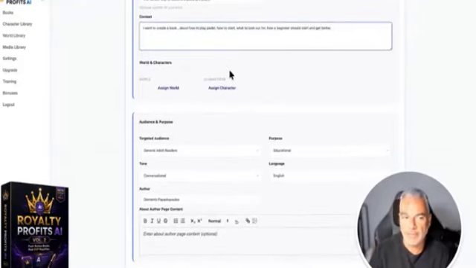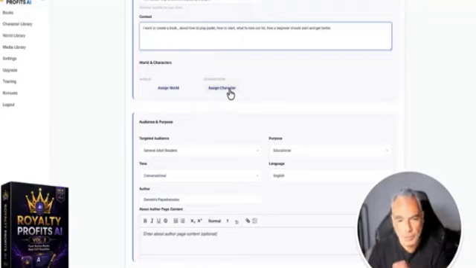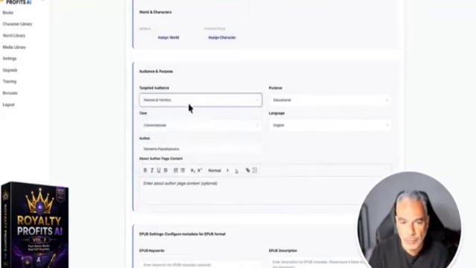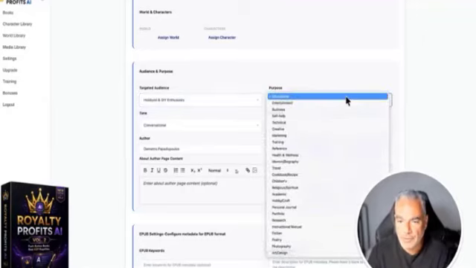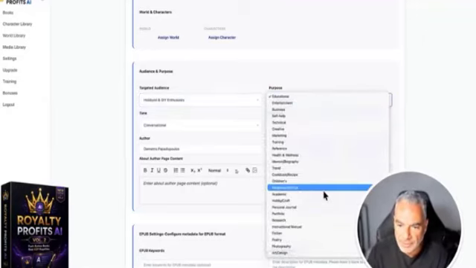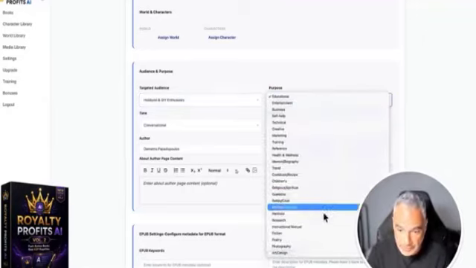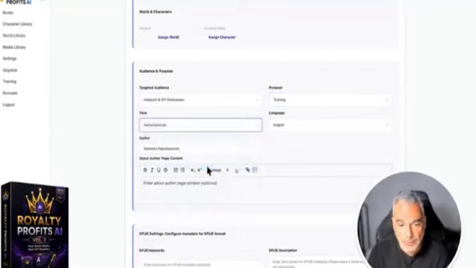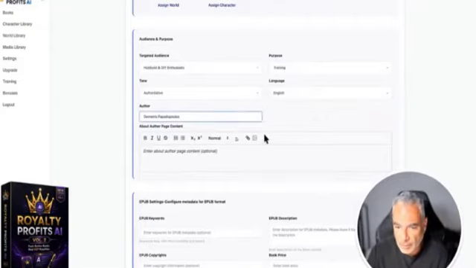You also have the ability to create a character or create a world, which we'll leave out for now because that'll be a different video. We just want to create a book about this. Who do we want to target? We want people who are hobbyists in Padel as a game. Let's see what I can choose based on this. Training on how to become a Padel player. This would be more of an authoritative figure, so this is my author.